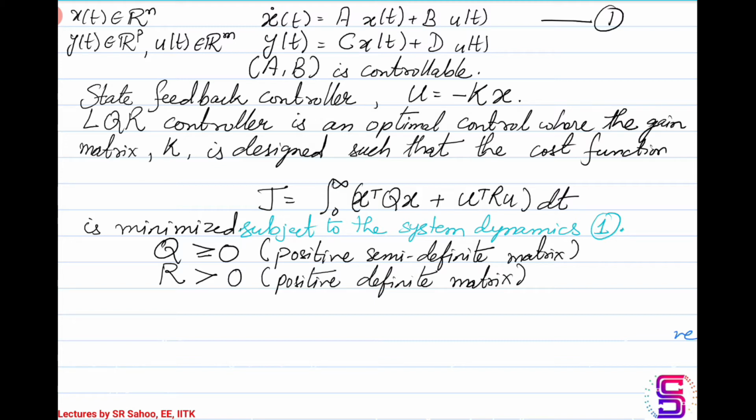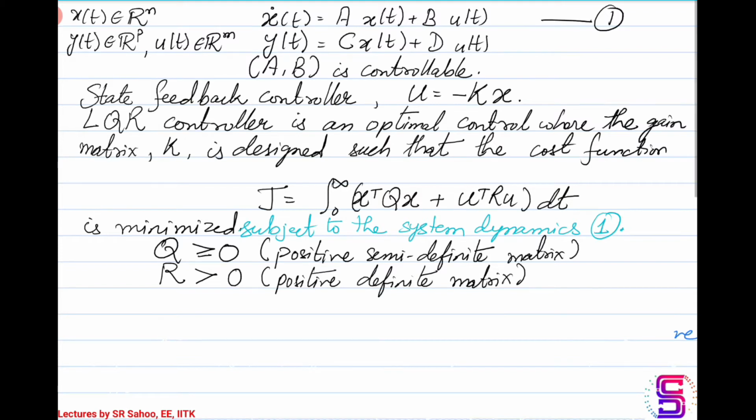which is basically the CLTI system that we have in hand. Okay, so the cost function that you see here is a quadratic cost function and involves the state vector, the input vector, and two constant matrices Q and R. The Q matrix is a positive semi-definite matrix and the R matrix is a positive definite matrix. When I say positive semi-definite and positive definite, I also am assuming that these matrices are real and symmetric.